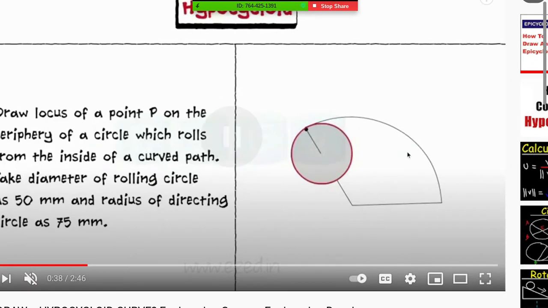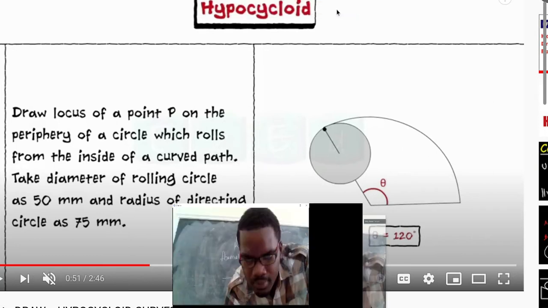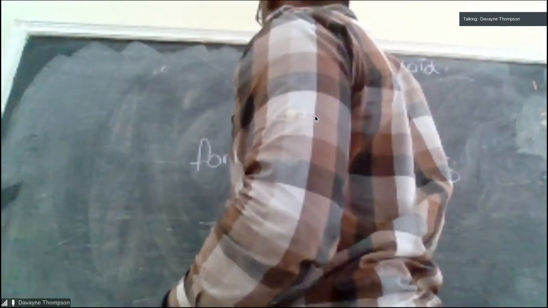This is the rolling circle. That's the directing circle. And the formula, as we said before, is going to give the angle as 120 degrees, because 25 divided by